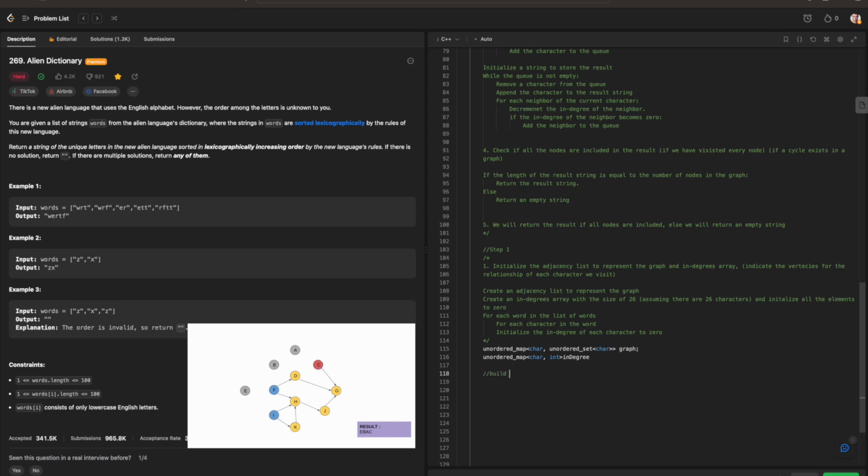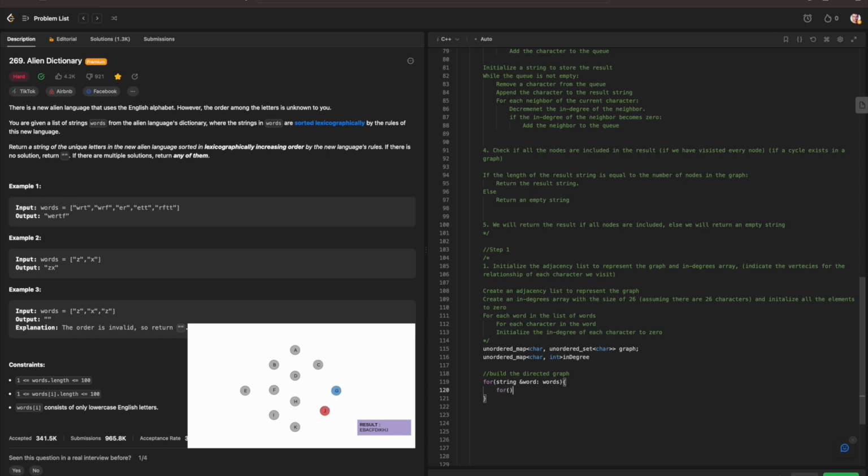This is where we build the directed graph. So this will be for each string word in the list of words,